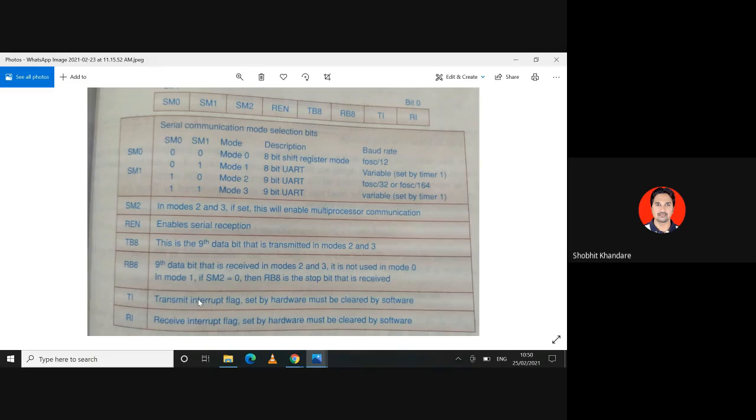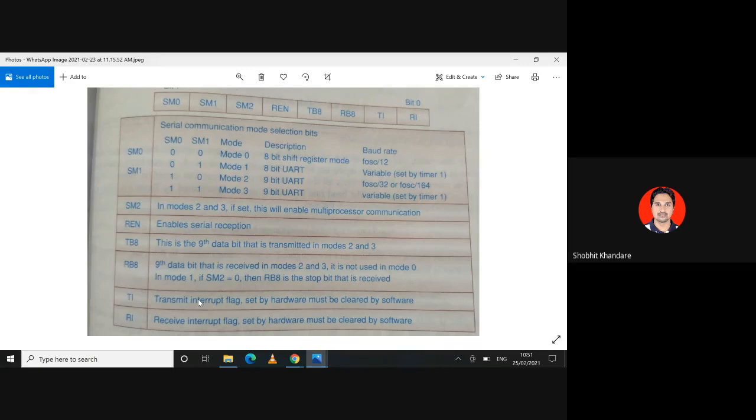See, even though I am explaining, I am assuming that you are imagining all these things. You need to imagine whatever I am saying. That picture should be in front of your eyes. कि ट्रांसमिट बफर में से वो डेटा TXD से निकल गया, ट्रांसमिट बफर में जगह भी खाली हो गई ताकि नया वाला डेटा वहां पे आ जाए.